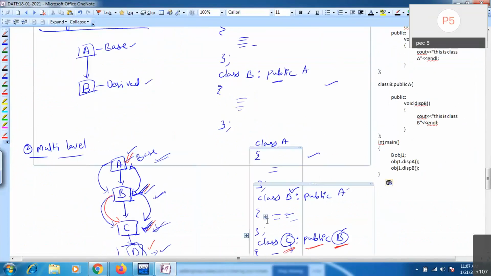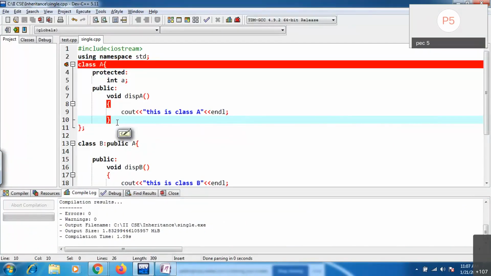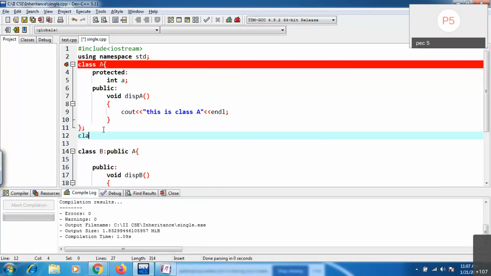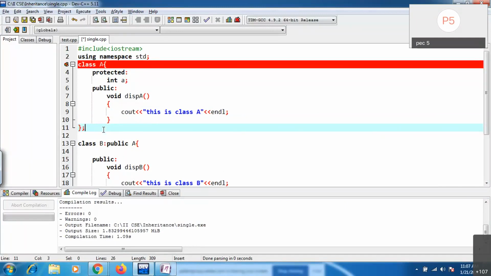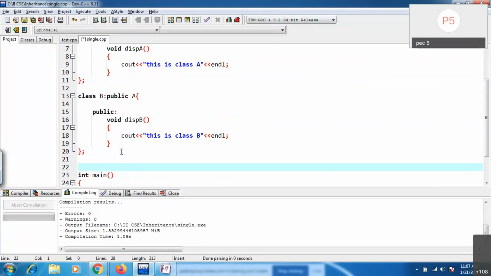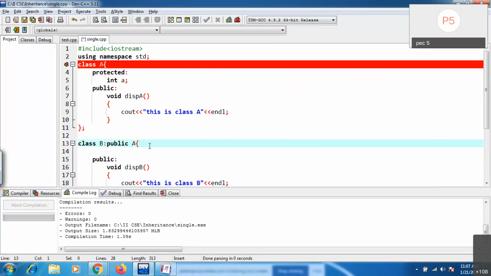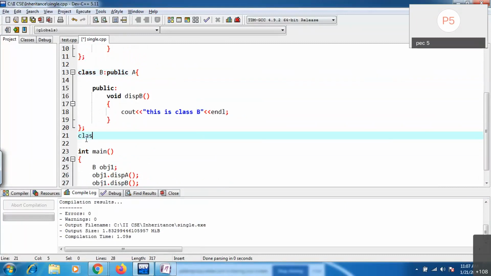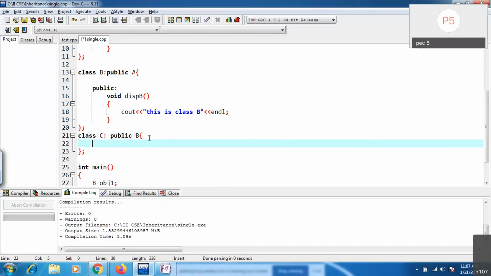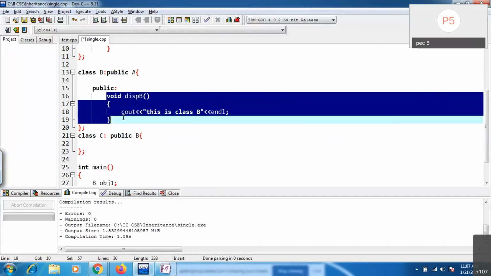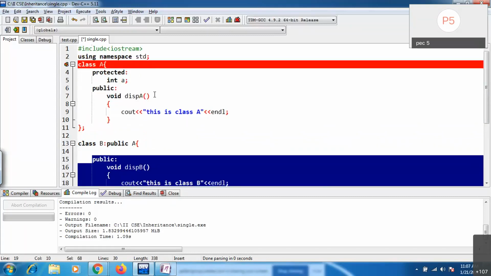Then coming to multi-level. In multi-level, same as before, after B I will take class C. Now at this next level, I'm creating class C from base class B, public B. Now inside C, this dispB is available, and even A class members are also available.